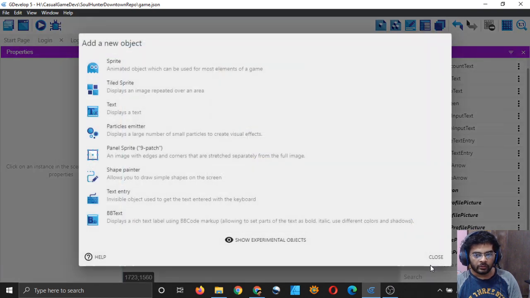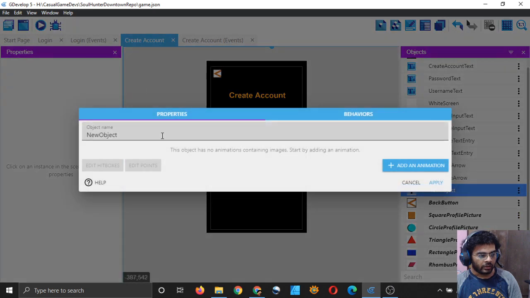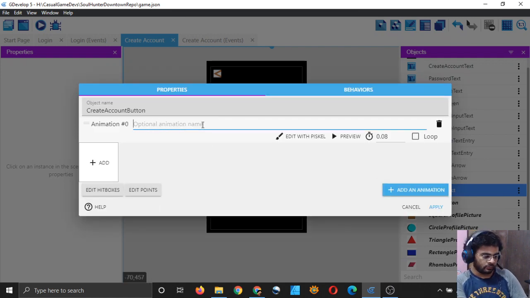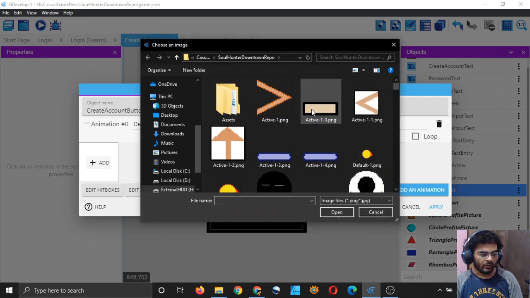I will add a new object, sprite, and I will type create account button, right? Add an animation and say default. And I think I can use the same image which I have made for the login scene. Let me see if I can find it.